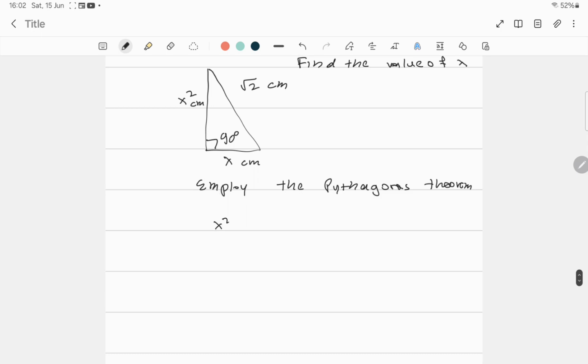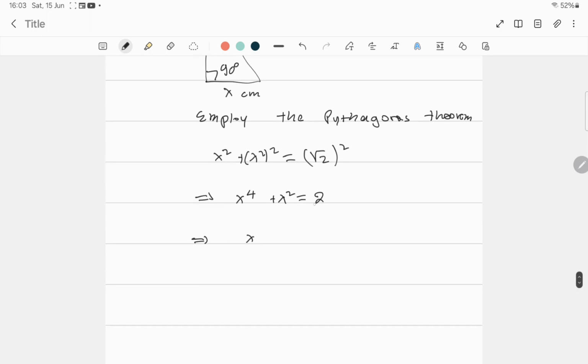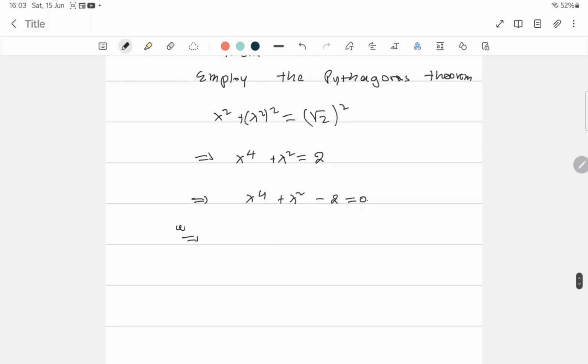We take x squared plus x squared squared equals the hypotenuse squared. So this can be written as x to the power of 4 plus x to the power of 2 equals 2. I take the 2 to the left hand side, and the equation becomes x to the power of 4 plus x to the power of 2 minus 2 is equal to 0. I set omega to be x squared,